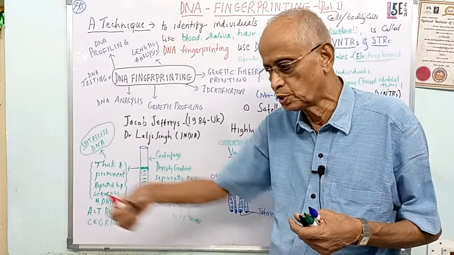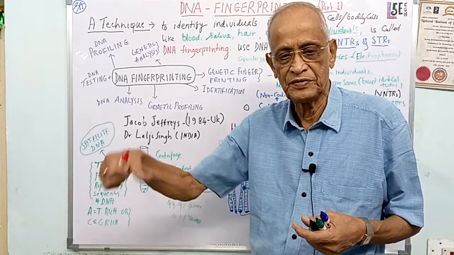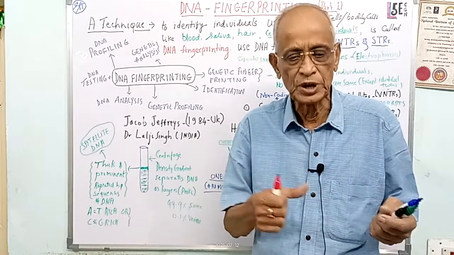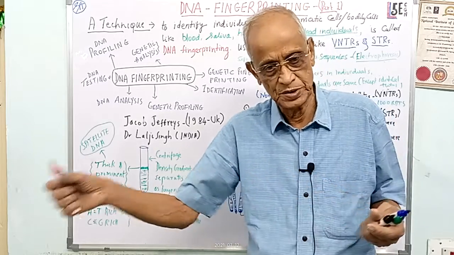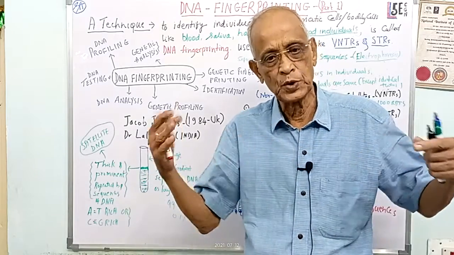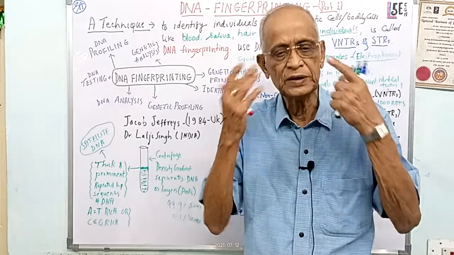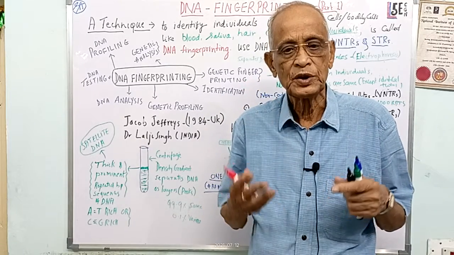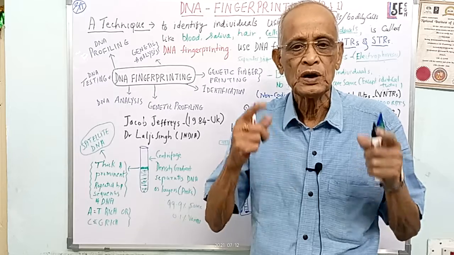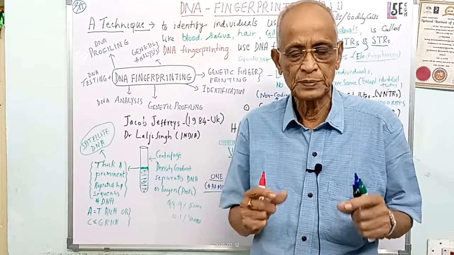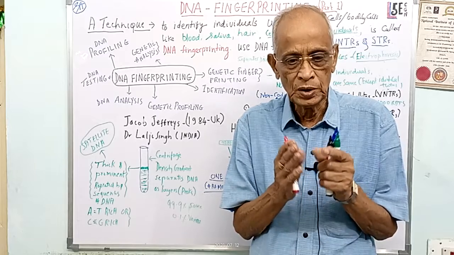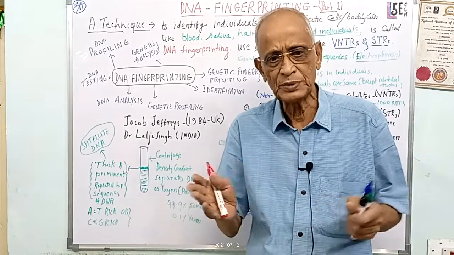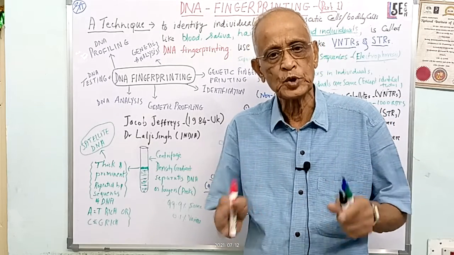Most of us know about fingerprints. When we think of fingerprints of human beings, we know very well that two individuals' fingerprints will not match. Though there are crores of people in the world, still it does not match. Retina will not match, except in identical twins, that is, monozygotic twins. That means one zygote divides into two and then they become twins. Except that, variation is there in human beings.